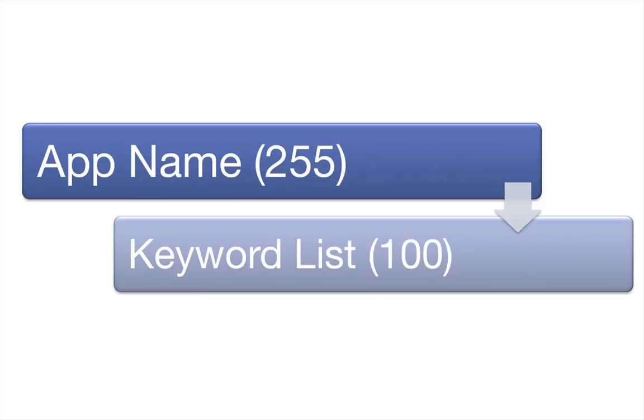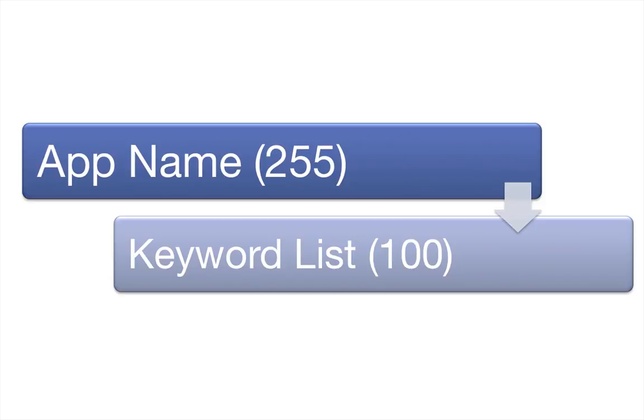In this section, I'll share with you the different tips to optimize the number of keywords you have for your application. Going back to the two main fields that we'll use for keywords, we first have the app name with 255 characters and the keyword list with 100 characters. The more keywords you have in those two fields, the more chances your app is going to be ranked